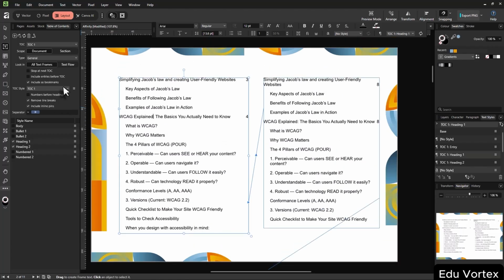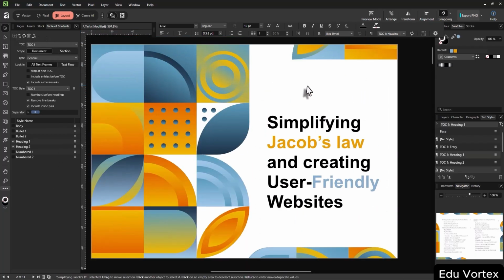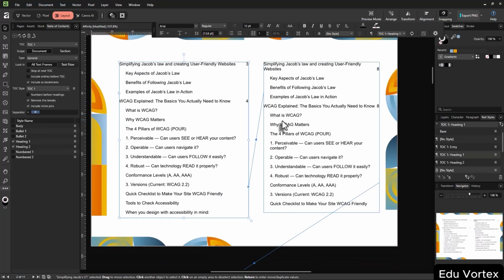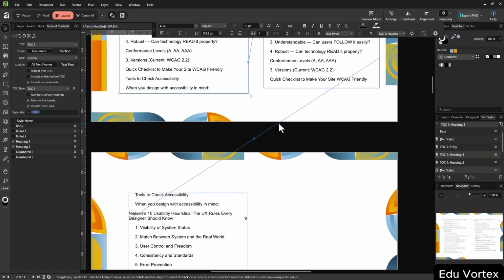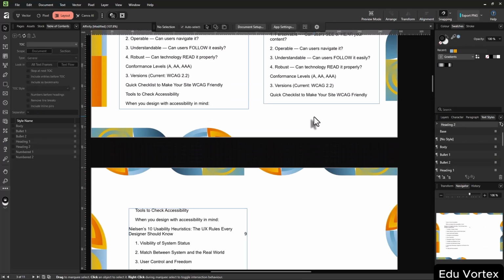And we got another settings here. We have different kind of settings here. As you can see, we can now the final part. Everything is completed. And one more thing, if I export this and these links will be clickable. So let me show you first how to export, because the export is a little bit different from the Adobe